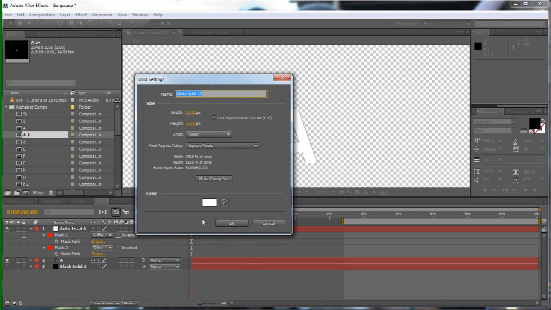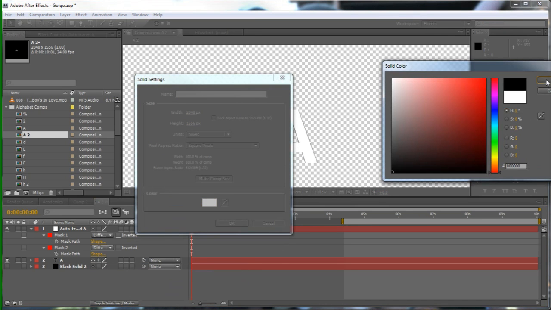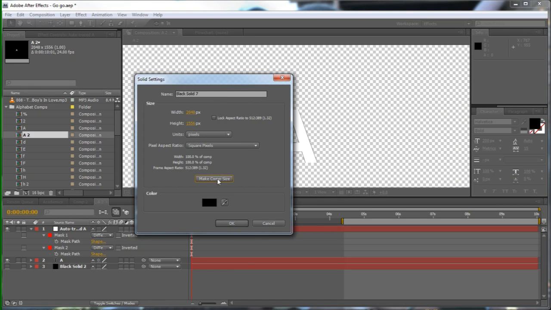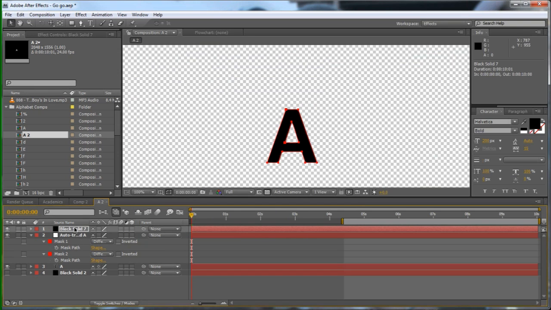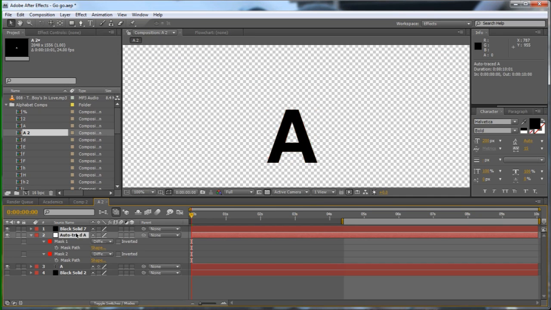I just want to start from scratch here and make it black. All right, make it comp size, we're good. And then let's go ahead and paste those right on top of there. I'm going to get rid of the thing I just auto traced, and